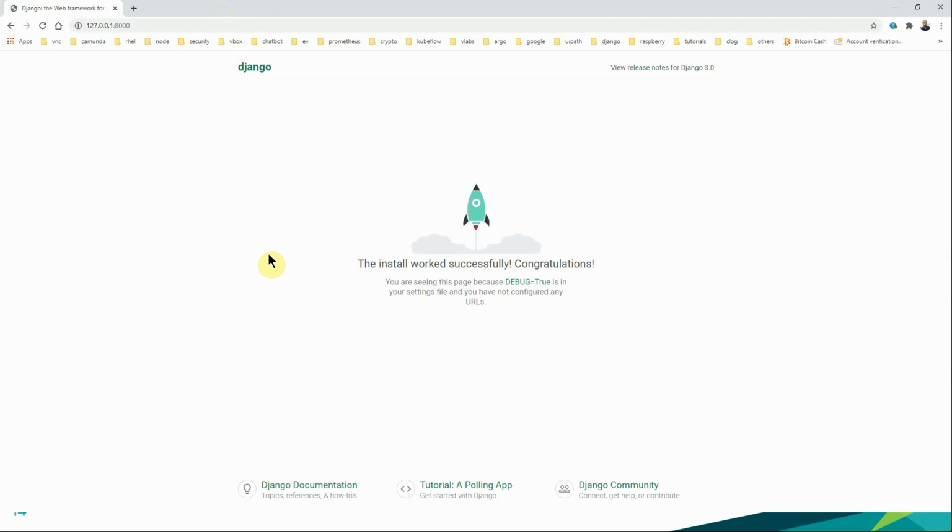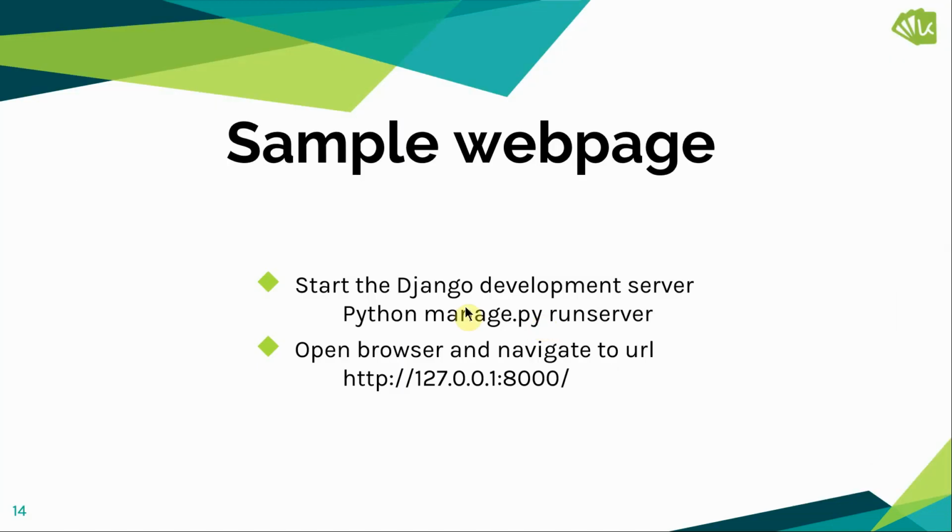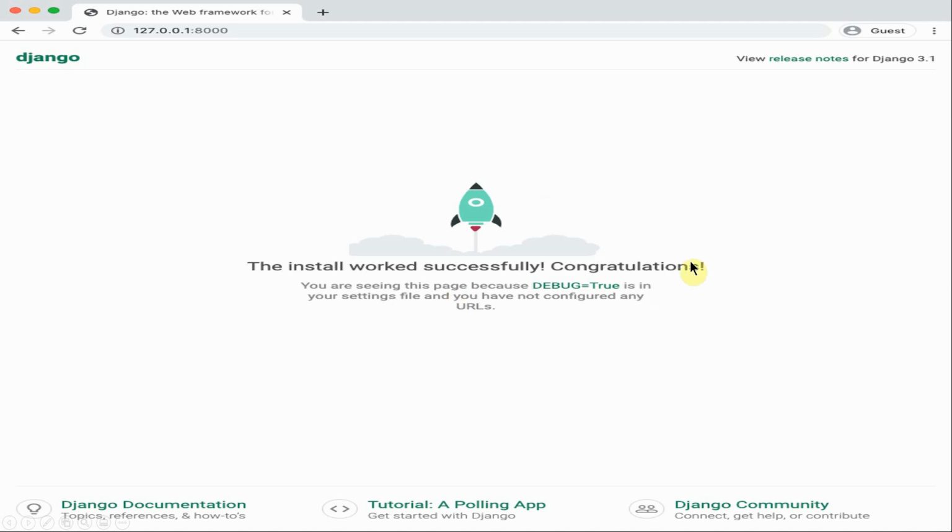If you are able to see this page, that means your Django setup is ready and you have successfully created a project, which at present does not do anything apart from showing this demo page. But it's a ready page now and the project is ready for use. So yeah, this is the page.